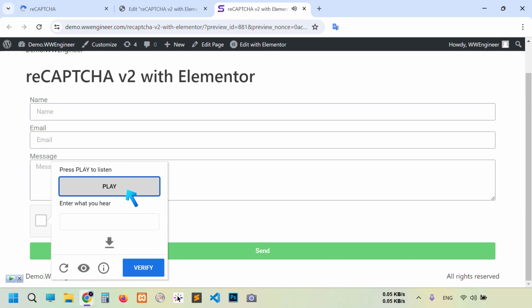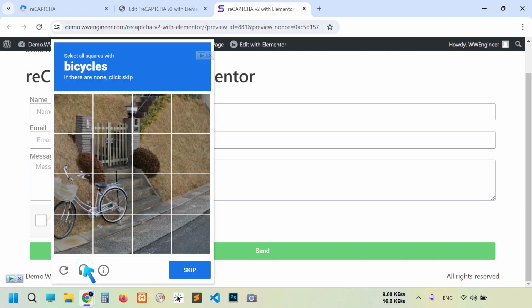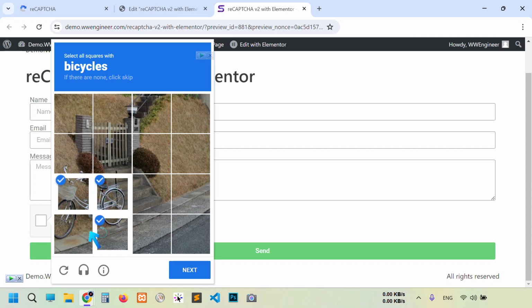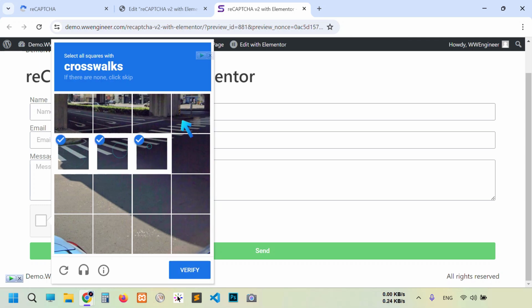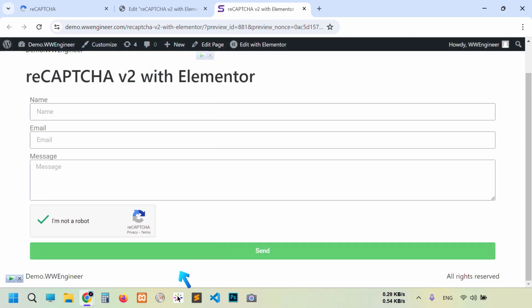Also you can change it. Back to visual reCAPTCHA. So now I have to select bicycle. Click these four images. Next, again I have to select and verify. We have successfully added reCAPTCHA version 2 in our Elementor website.